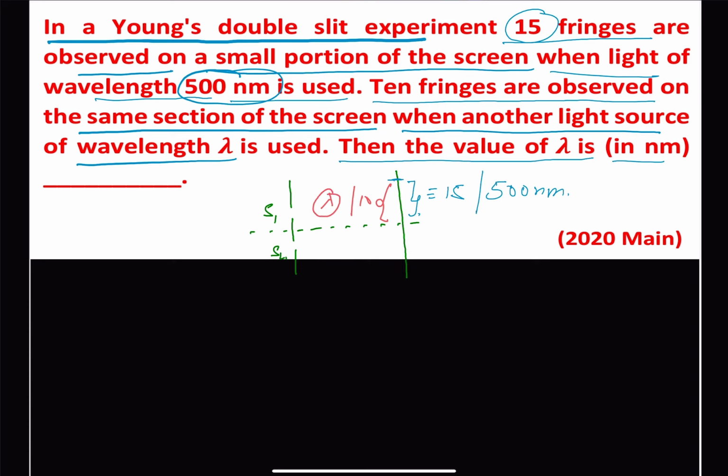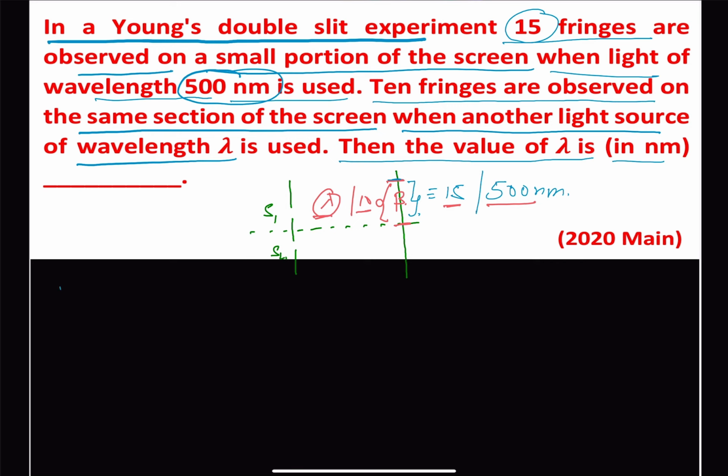It means one thing that will be common to both 10 fringes as well as 15 fringes will be the fringe width, which can be represented by beta. So this beta will be the same for 10 fringes when the wavelength is lambda, and 15 fringes when the wavelength is 500 nanometer. So we are going to use this basic concept here,